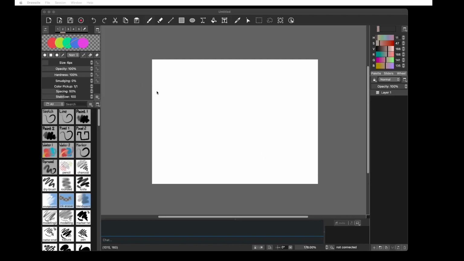So this is a little quick start guide for figuring out how to quickly start animating in Drawpile. You're probably going to have something like this if it's your first time using Drawpile. But in order to start animating, what you're going to want to do is go into View,